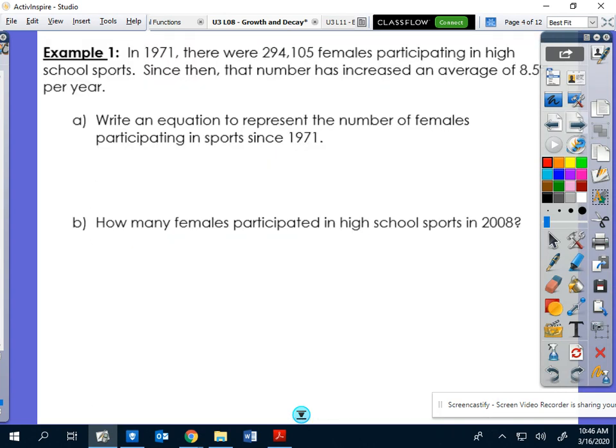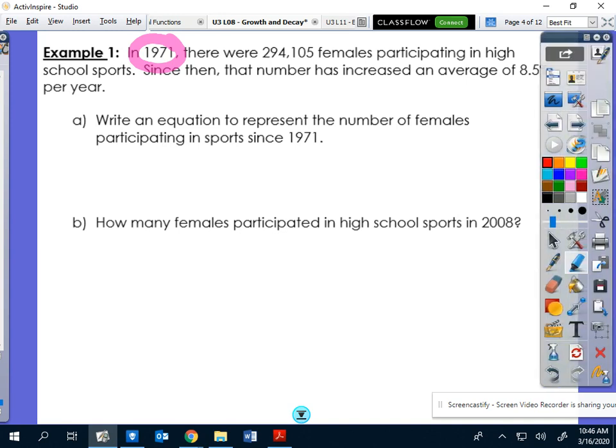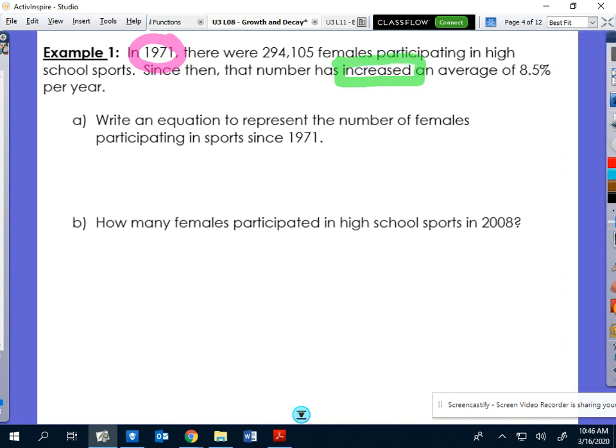This first example gives us a starting time, which is important, 1971. It says in 1971, there were 294,105 females participating in high school sports. Since then, that number has increased, keyword there, that number has increased by an average of